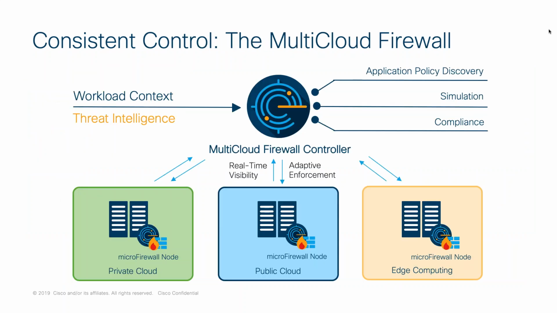Consistent control, this is one of the most innovative parts of the product as well, the multi-cloud firewall. How does this work, right? Again, we're moving what was traditionally a firewall control point, a choke point, that sits in this kind of consistent infrastructure. We're moving and leveling that up into the workload itself. Now, the workload oftentimes doesn't have enough overhead to do full-blown NGFW processing, so we're actually fundamentally changing the way